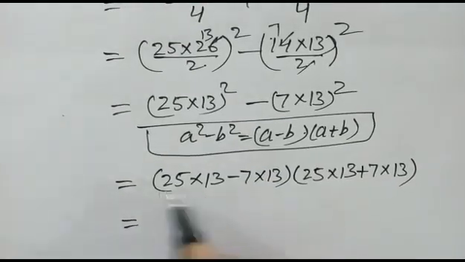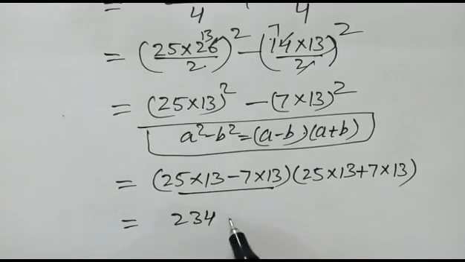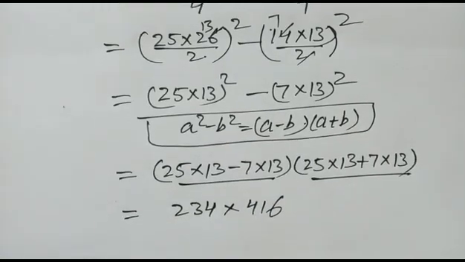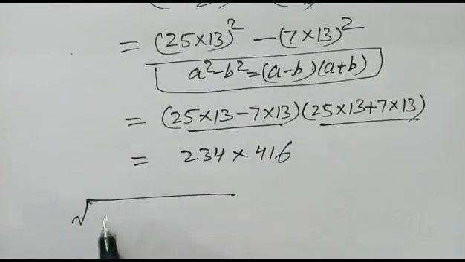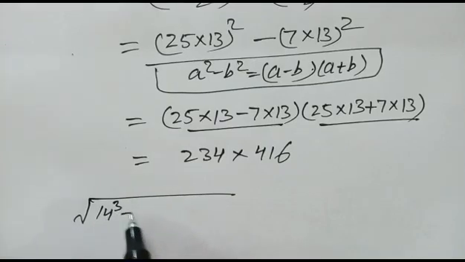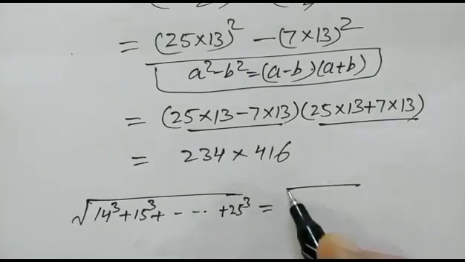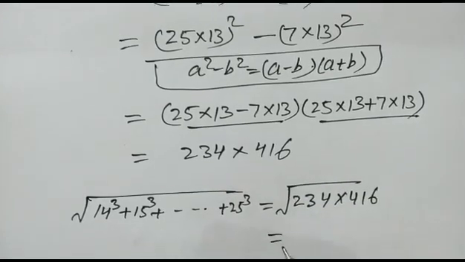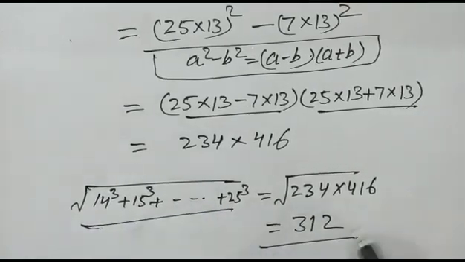So we will have 234 into 416. Now we can safely say the square root of 14 cube plus 15 cube plus up to 25 cube is equal to the square root of 234 into 416. This will be equal to 312. So the square root of this will be